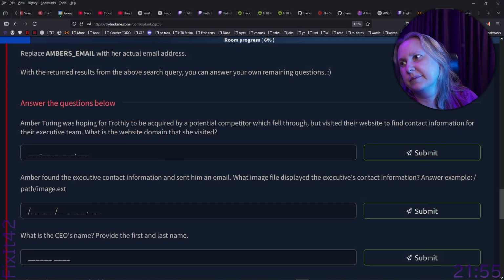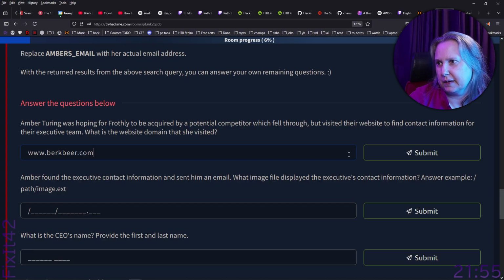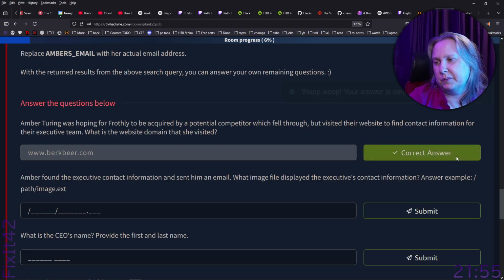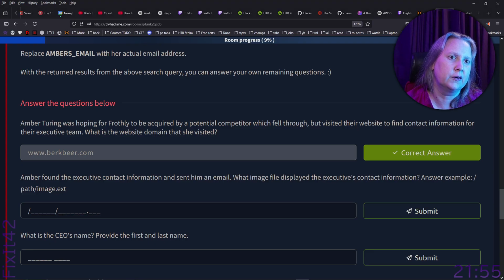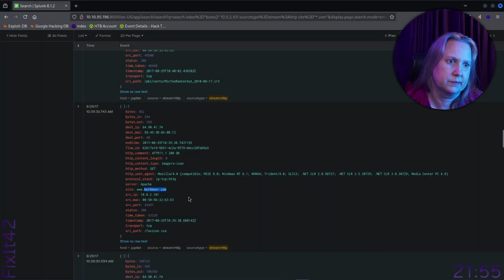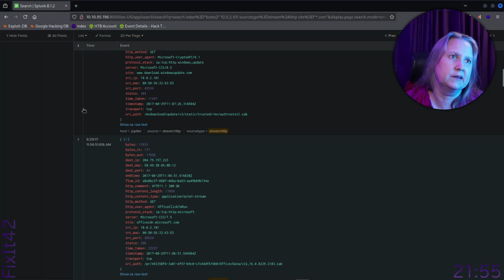So, it was Bear. Amber found the executive contact information to send him an email. What image file displayed the executive contact information? So, we are looking for beartbeer.com. And I guess